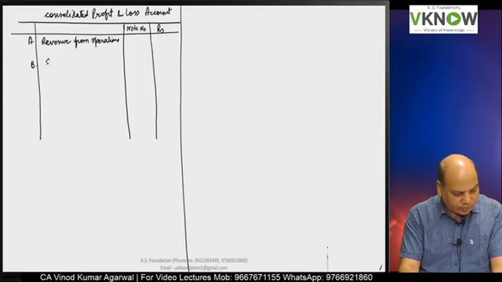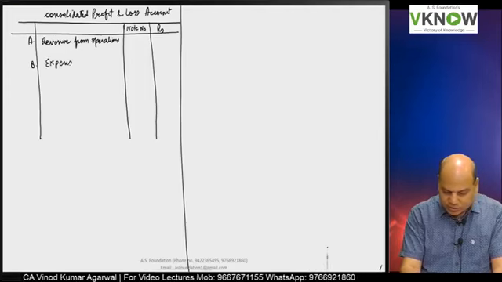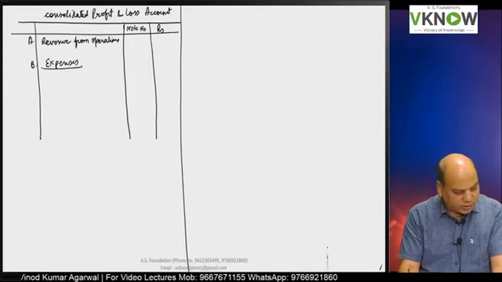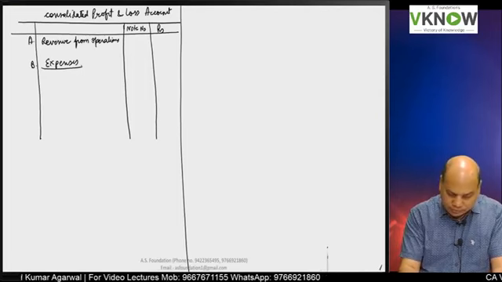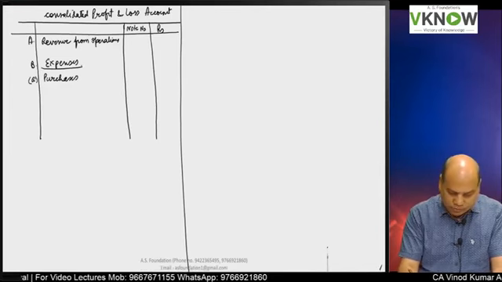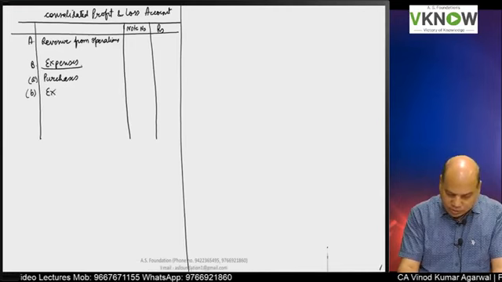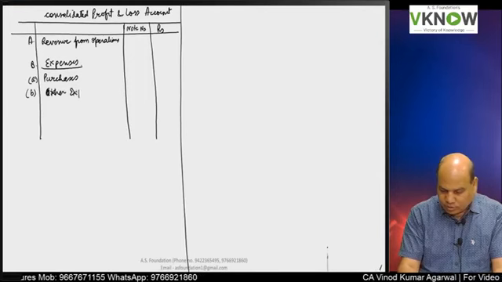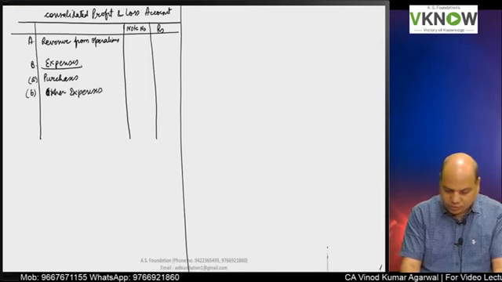Point number B, write down expenses. Under expenses you write down small a, purchases, then small b, other expenses, and small c,